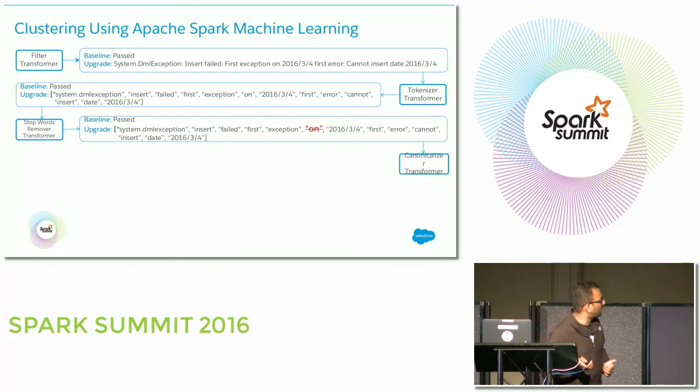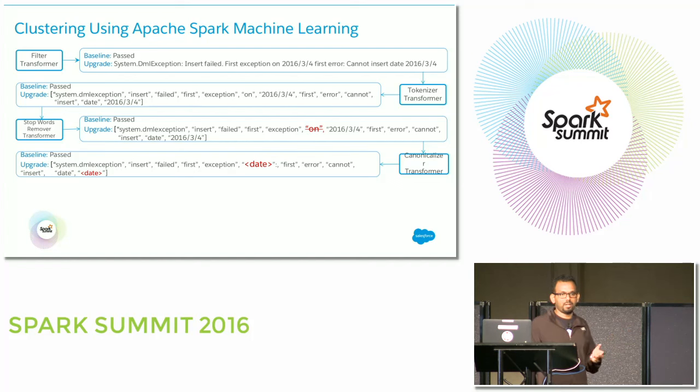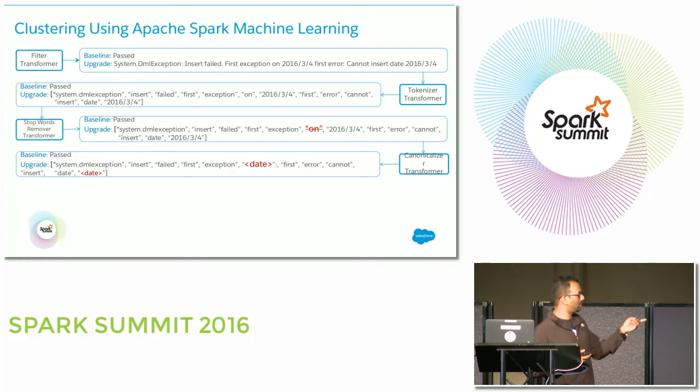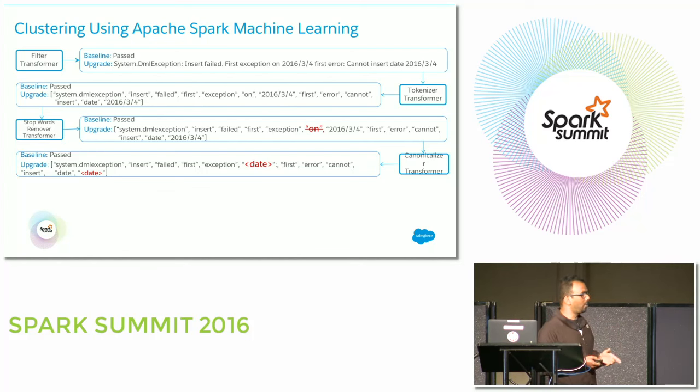The next one is called the canonicalizer transformation. It's very similar to the stop words removal. What it does is group common data and give it a normalized tag. In this case, you can see date. We actually do it for multiple versions of date in different formats as well, and then tag them with this custom tag, which is date. We also do that for a few other Salesforce-specific IDs, for example the customer ID. Once that is done,